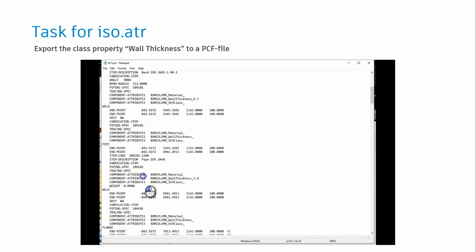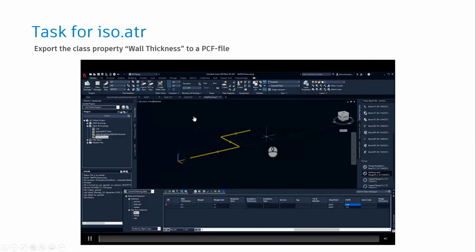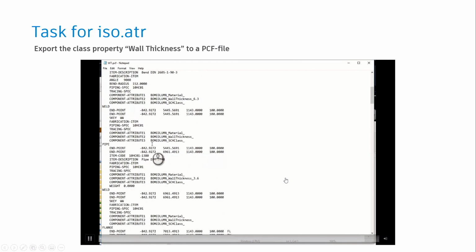And here you see, for example, for pipe component that the wall thickness property is added here with a value 3.6. And if you're looking a little bit higher, you will see here that the thickness for the piping bend is 6.3.